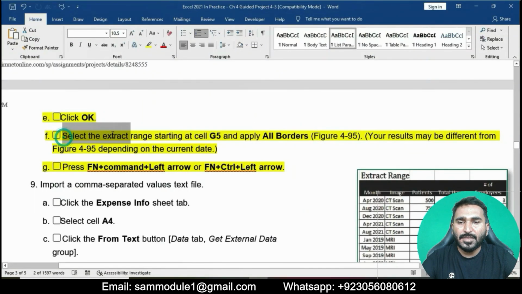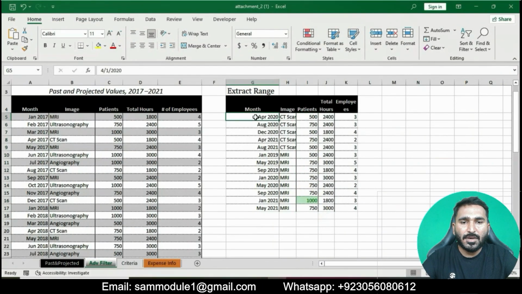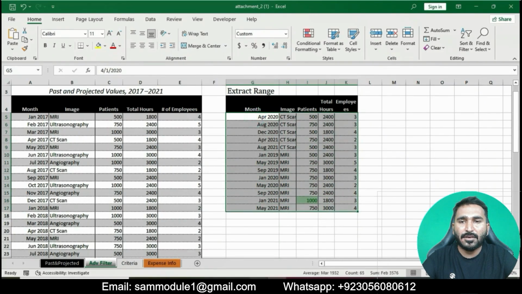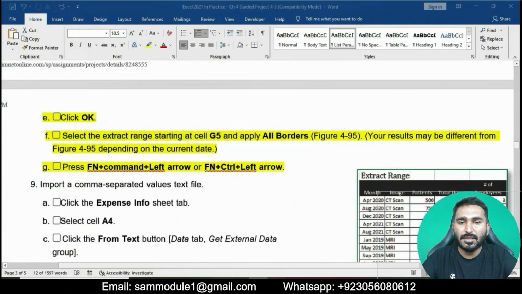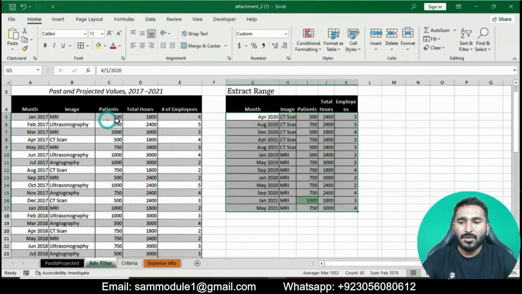Now select the extract range starting at cell G5 and apply all borders. We will click on this whole table and go to the home tab, in the font group, go to the border button and then apply all borders.